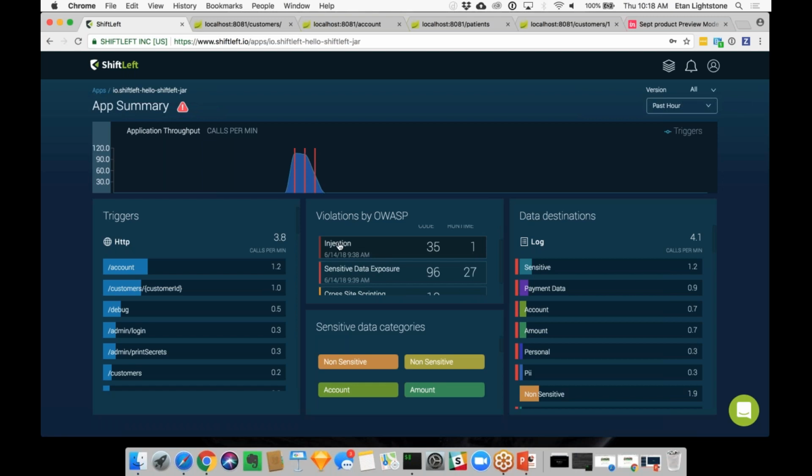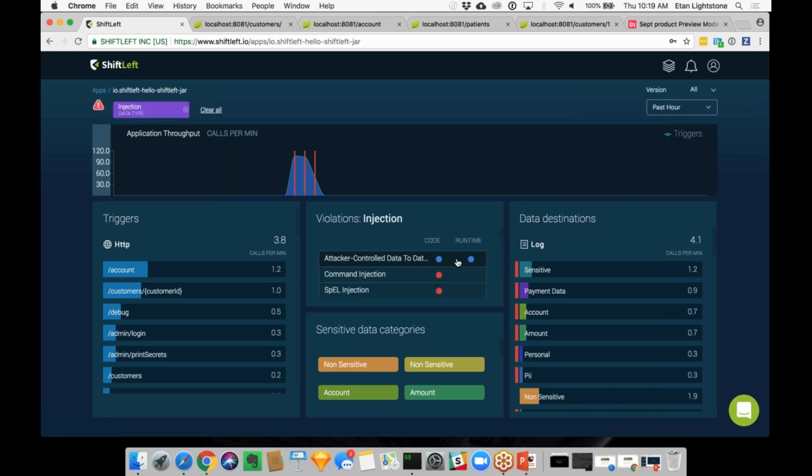So if you look at this example, this middle widget groups all vulnerabilities or security issues by common OWASP categories, like injection, sensitive data exposure, cross-site scripting. And we see 35 locations in code where an injection vulnerability is possible. And we see one occasion in runtime where this injection incident was actually detected for real. And so if I click on it this way,